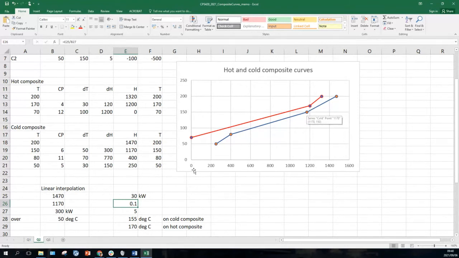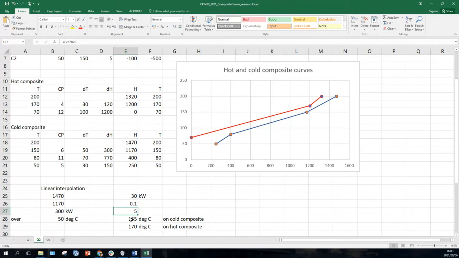What will that number be? So it's 30 kilowatts. It's 0.1. It's 10% of the distance across there, because that was 300 kilowatts. And that would be 5 degrees, because 10% of 50 degrees C is the 5 degrees. But you've done linear interpolation until the cows come home